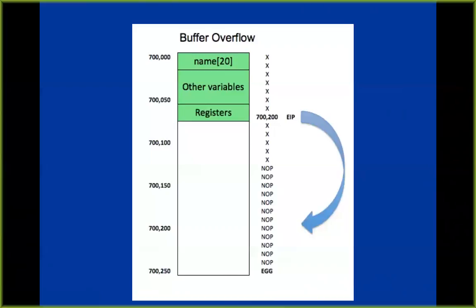You overwrite with junk, then you find where the extended instruction pointer is stored, which is here. Because if it's in a subroutine, it was going to hit the end and return to main. So it stored that here at the end. It stored some register values to restore on the way back. So you overwrite that with a controlled number, then you keep going, then you put in an attack.